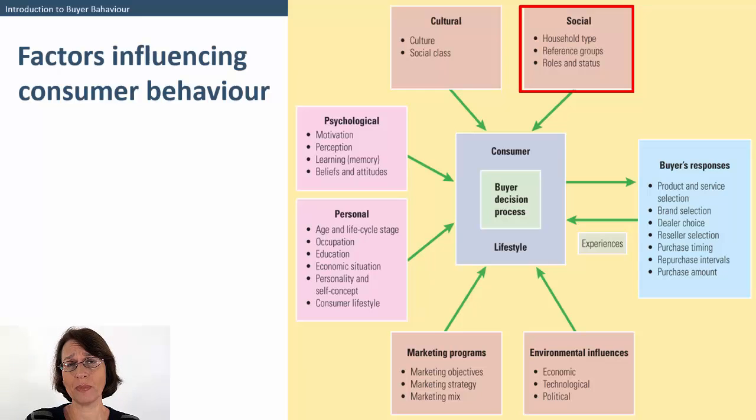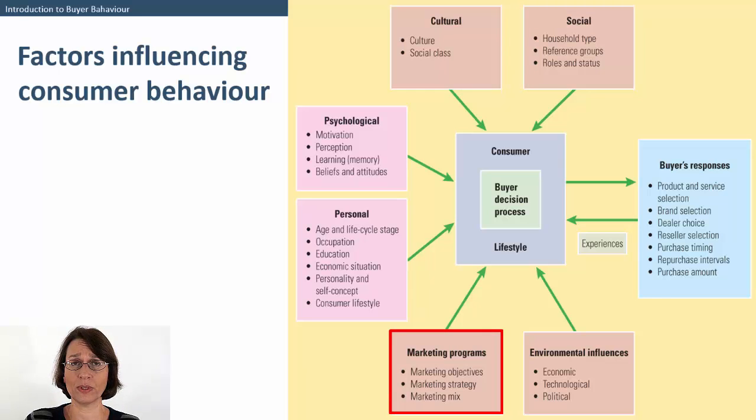So it's important as a marketer to have a real understanding of what the influences might be on your target market and try and reach out to them. Obviously, in environmental influences, whatever is going on in the economy, politically, economically, technologically, will also impact the consumer. And if the economy is good and people have a large disposable income, then they're obviously going to be buying a lot more goods.